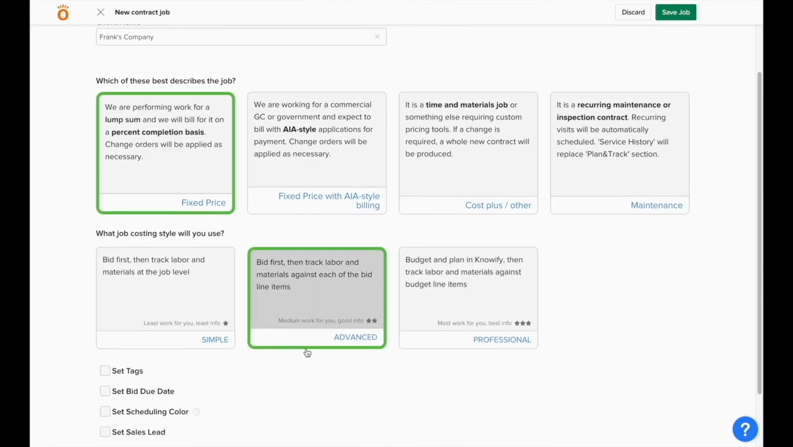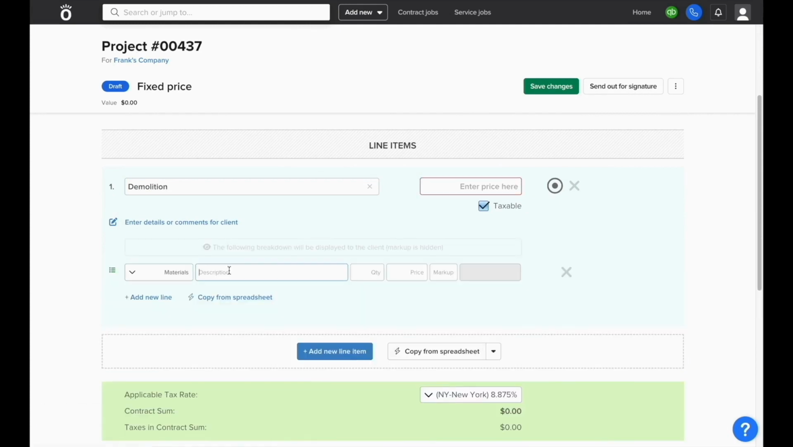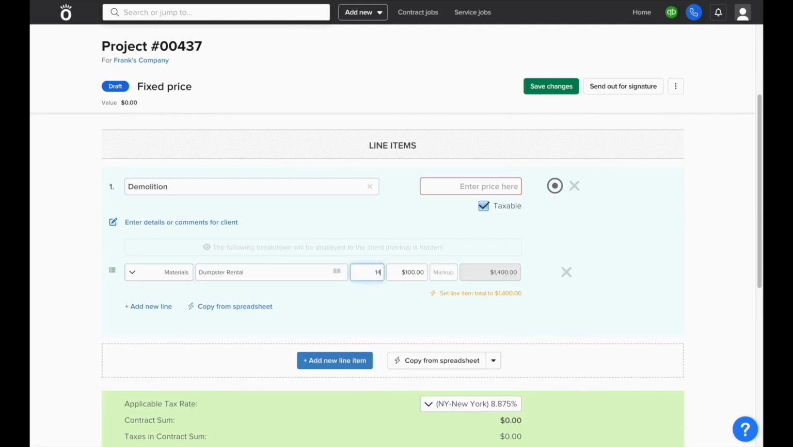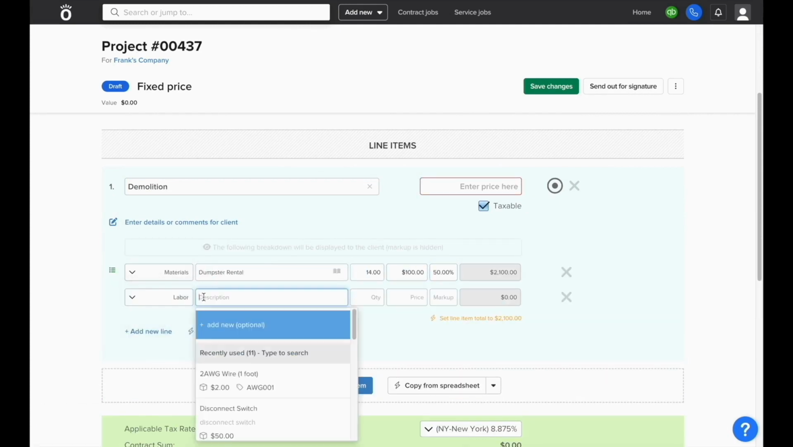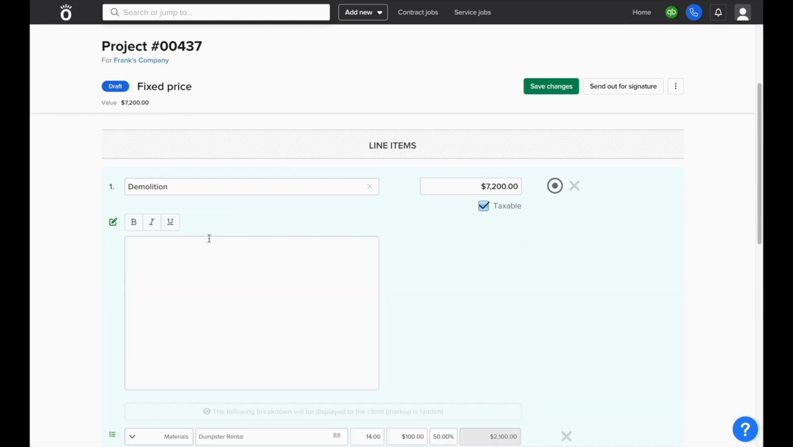Next, we'll cover the Advanced style of job costing. The setup in Advanced is going to look identical to what we did when we were setting up a job using the Simple job costing style, but when the job is made active, instead of tracking just against a single